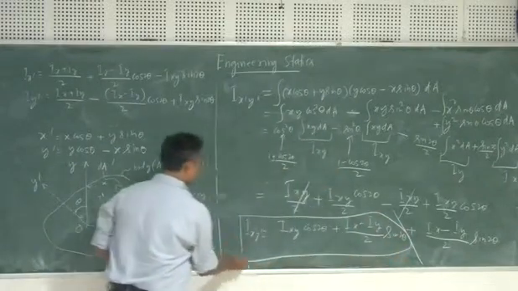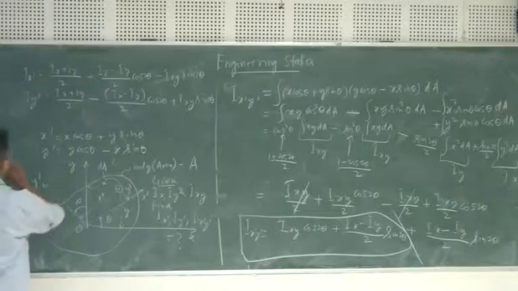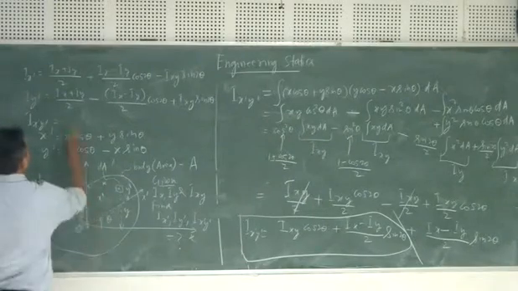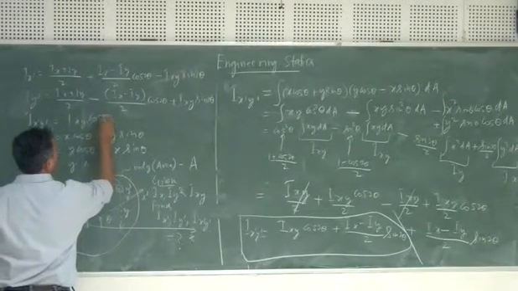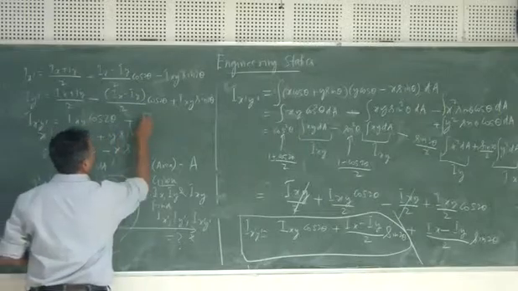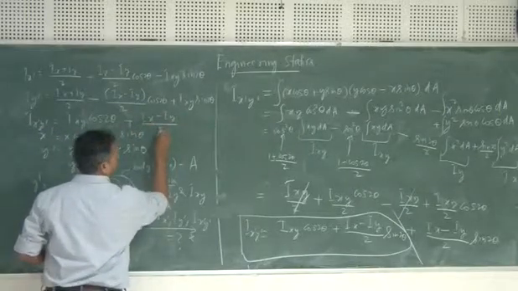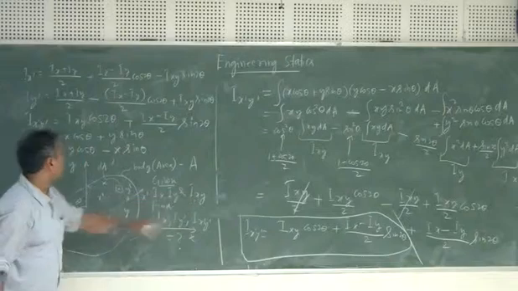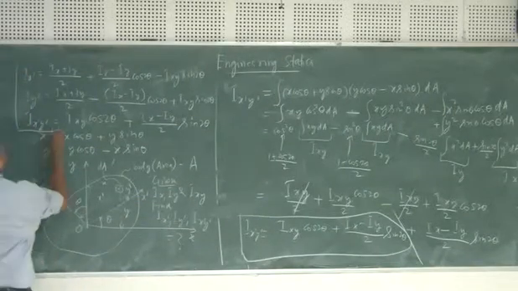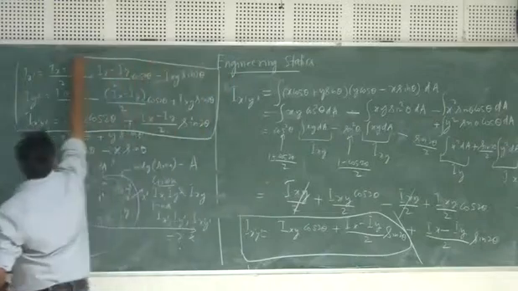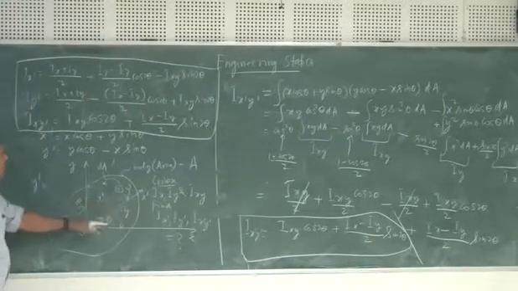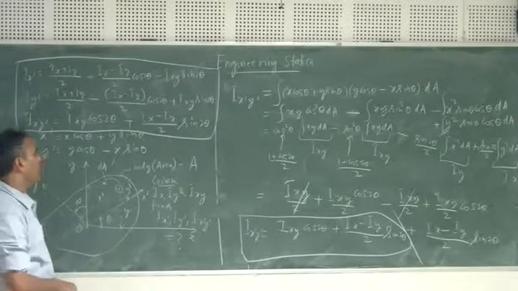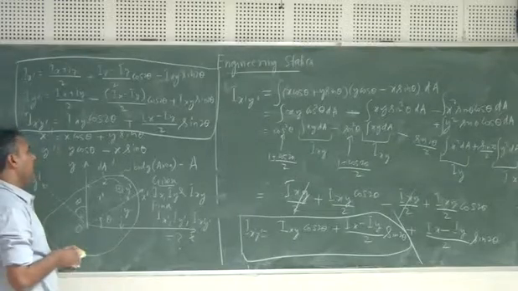How do you compute the product of inertia? The product of inertia Ix dash y dash that we found will be given by Ixy cos of 2 theta, Ix minus Iy divided by sine of 2 theta. For a given Ix, Iy and Ixy, you can very easily find the moment of inertia about an arbitrary axis, which is next we will describe how to, and that will be very